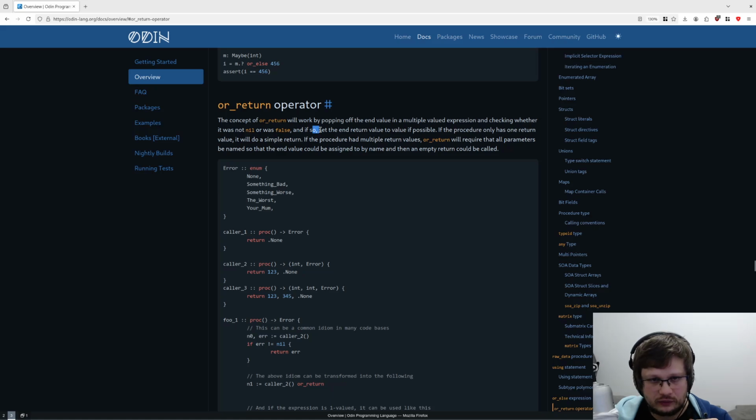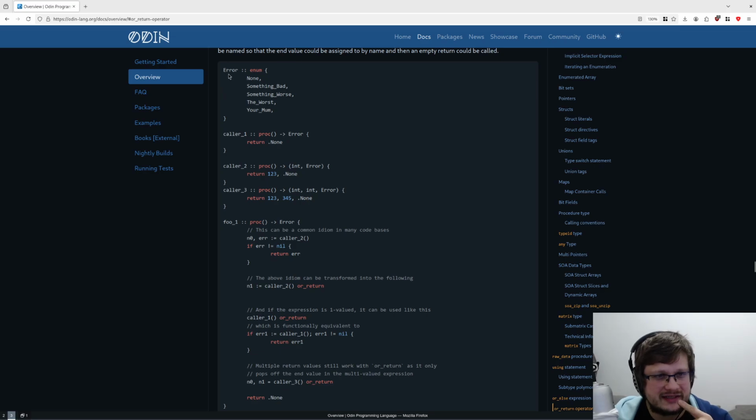And if so, set the end return value to that value if possible. If the procedure only has one return value, it will do a simple return. If the procedure had multiple return values, or_return will require that all parameters be named so that the end value could be assigned by name, and then an empty return could be called.